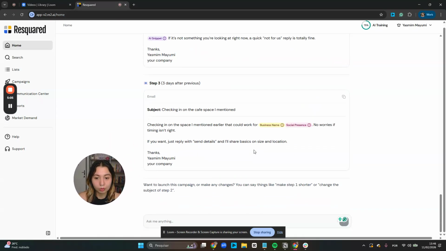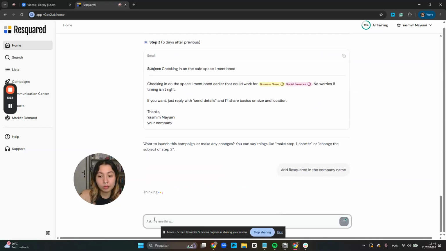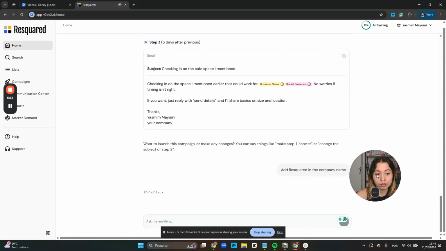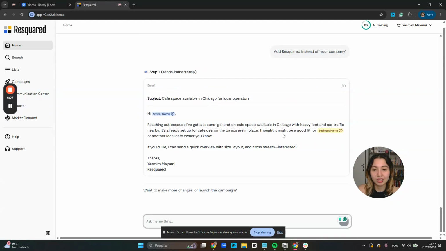So this is looking really good, and the only thing that I'm going to say is add risk grant in the company name. And you can ask for any kind of edits that you want. So this is something that's really cool with Rex, like you can chat, and he works really fast, he never gets tired. Okay, so he made the change that I asked,